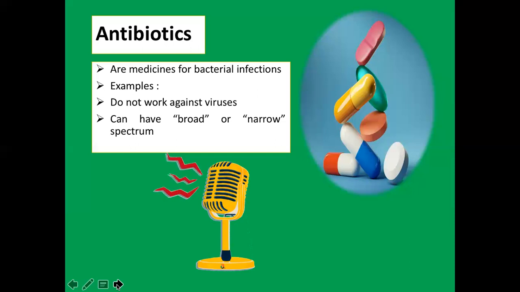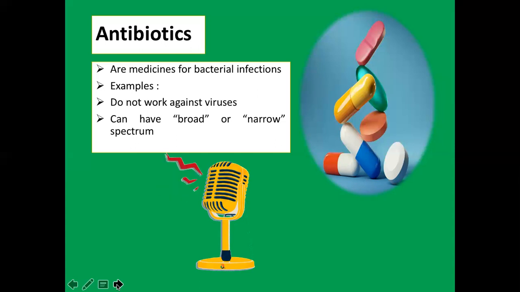So when we say narrow spectrum, these are some antibiotics that are highly specialized and are only effective against certain bacteria. On the other hand, the broad spectrum activity of antibiotics usually attack a wide range of bacteria. They are active against a wider number of bacterial types, and thus they may be used to treat a